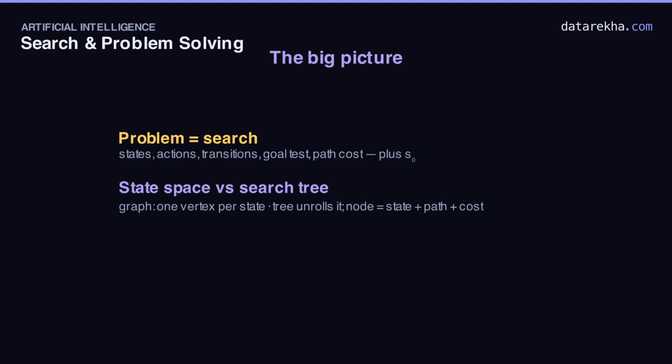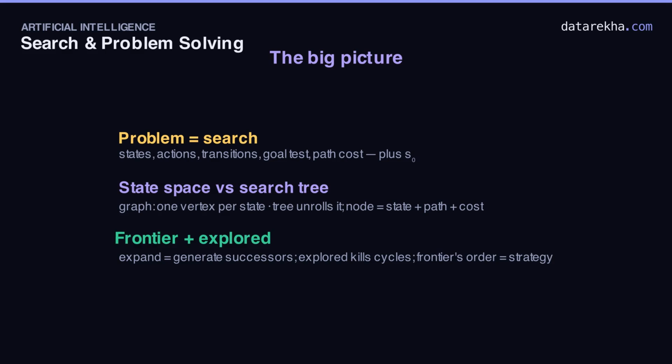The state space is a graph with 1 vertex per state. The search tree unrolls it, and each of its nodes is a state plus the path and cost that reached it. So one state can appear many times. Search runs on a frontier and an explored set. Expanding a node generates its successors. The explored set stops you from chasing cycles, and the data structure of the frontier, queue, stack, or priority queue,